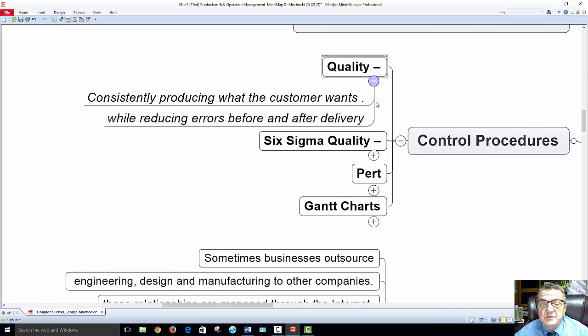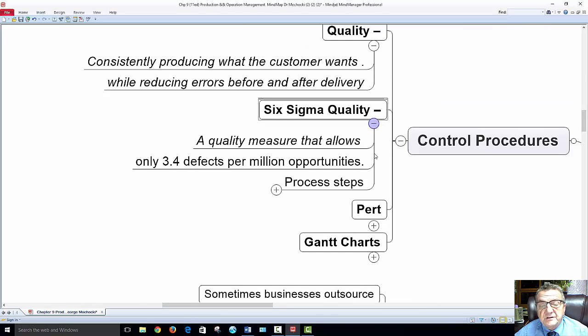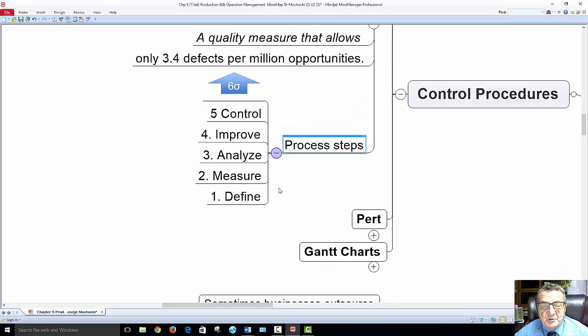Okay, control procedures. You've got quality. Customers get what I want. Six Sigma, and Motorola is really strong in that. Quality measures that allow only 3.4 defects per million opportunities. You define what the quality standards are. You measure them, and you analyze to make sure they're within the tolerance you're allowed. You try to improve them, always tighten it up, hopefully with technology or software or learning about the process, and then you have process improvements. Then you have the control, which is basically looking at whether it met the standards that I defined. If not,